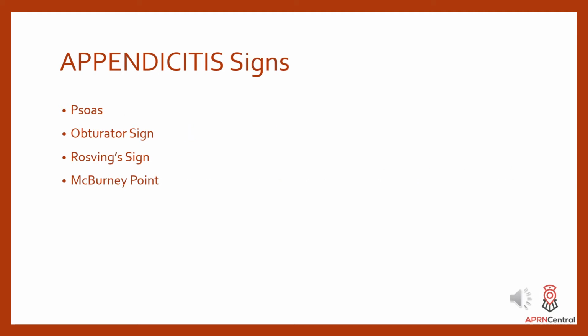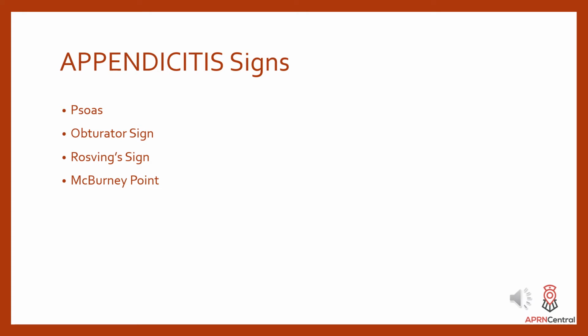So for your practice and for your boards, you need to be clear on what are the signs of appendicitis. So a psoas sign, that is when you have your patient supine, you're going to flex the hip about 90 degrees, and you're going to have the patient push against resistance and straighten the leg. If pain is elicited in the right lower quadrant, this can indicate appendicitis. Obturator sign, again, your patient is supine, you're going to internally rotate the right hip and then extend out with full range of motion, and the patient's going to have pain with movement and flexion of the hip